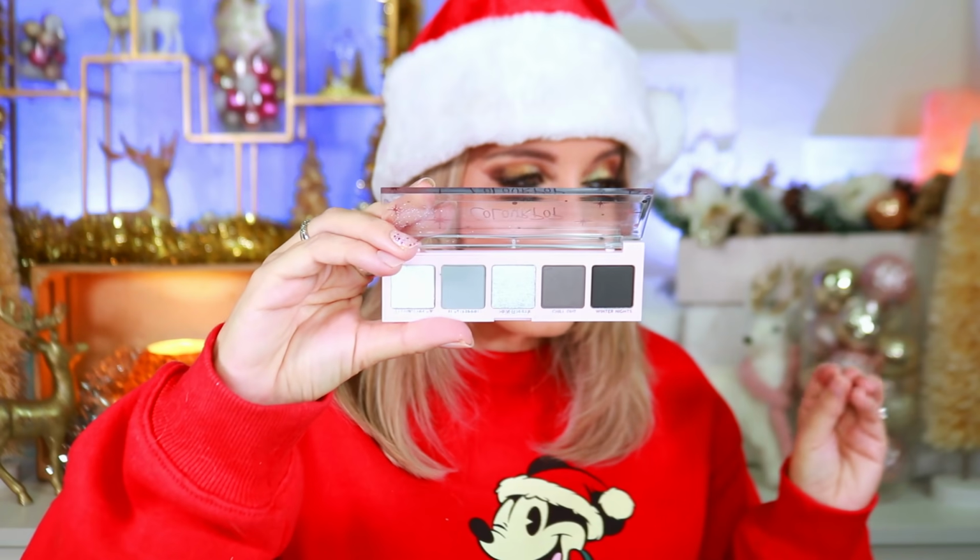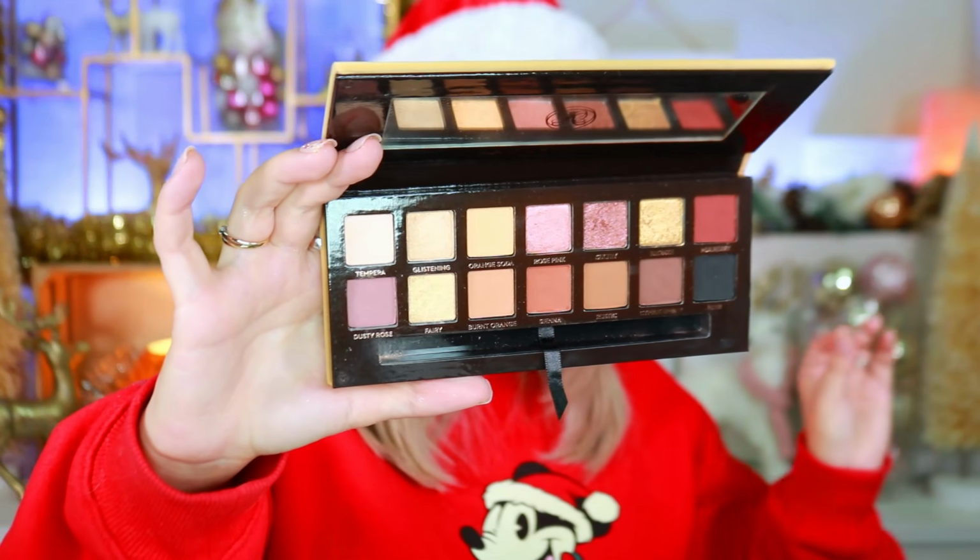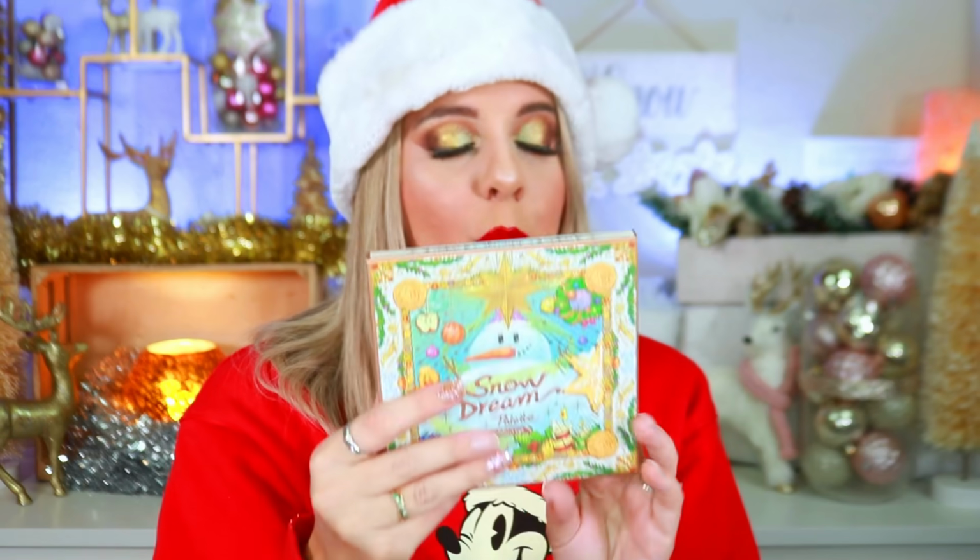So this right here is definitely like a little version of the minis. That is why at number 3 we do have the Charlotte Tilbury luxury pillow. We do have the Glamlight Twist of Sleep palette, and we do have the color story, coming in at number 25. This palette is pretty much featured throughout most of all this palette. So it's still not as high because it doesn't give as much. And then when you open the color story on the inside again, and then you open up the little pack,